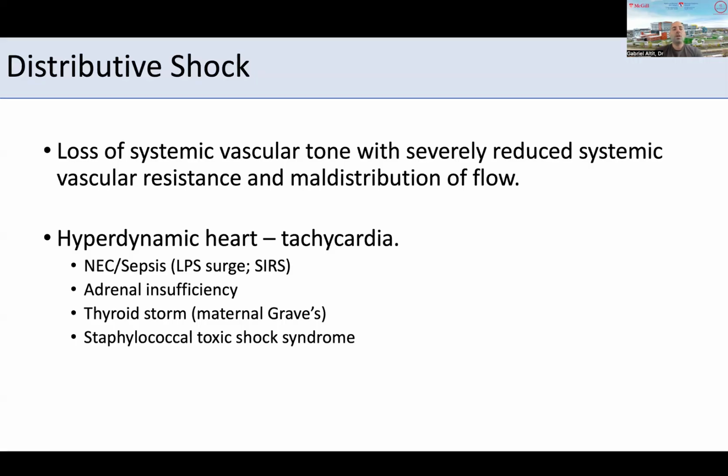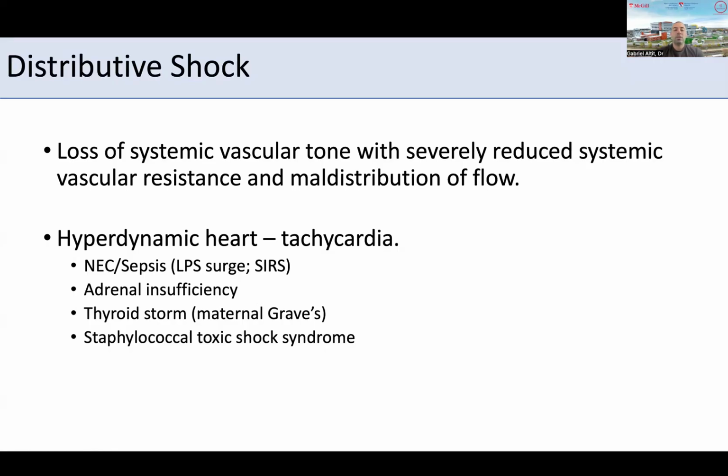Distributive shock is what we typically call a loss of systemic vascular tone with severely reduced systemic vascular resistance and maldistribution of flow. Typically, these patients have a hyperdynamic heart and are tachycardic, and they potentially have a component of preload dependency, but they may have received enough preload, and at this point the LV is pumping against no resistance, so there's pooling inside this circulatory failure. This can happen often in the context of sepsis, especially E. coli or gram-negative sepsis or NEC,